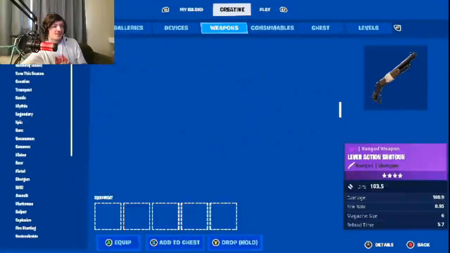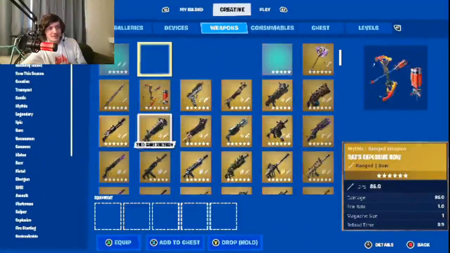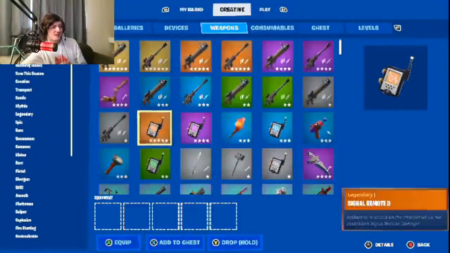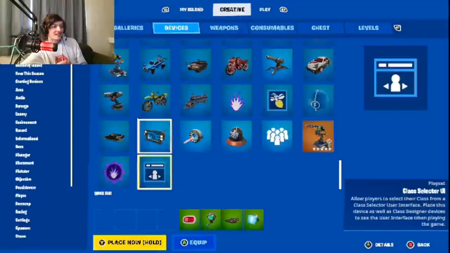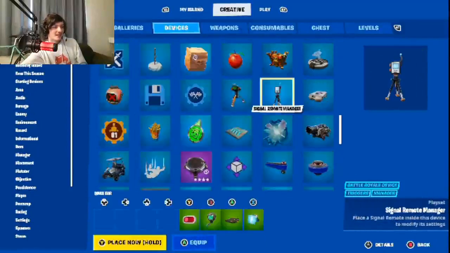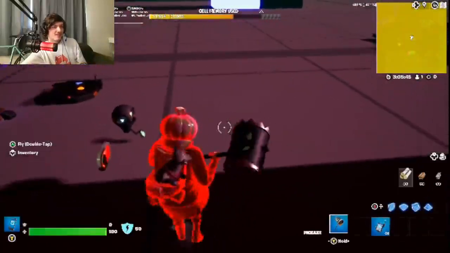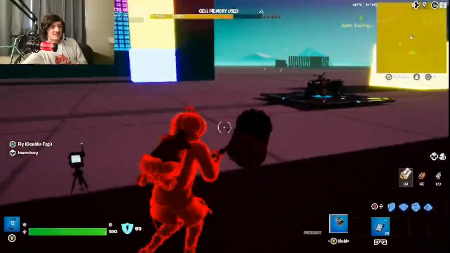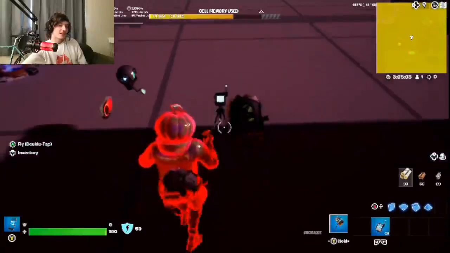I see a lot of people who don't know how to use these, just kind of plop them in their maps and expect them to do something, and that would be the signal remote. To get this thing to work, you need a device called the signal remote manager, and you want to plop that down, and here you get to choose what the item activates. So we got our blue signal remote here,